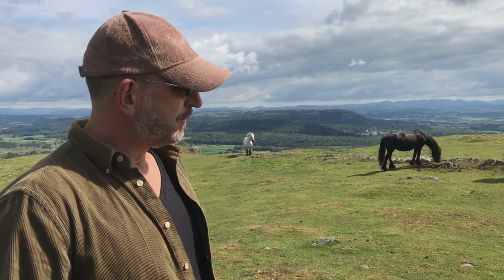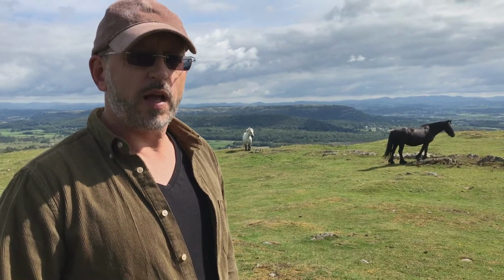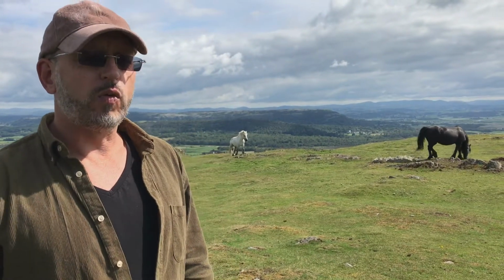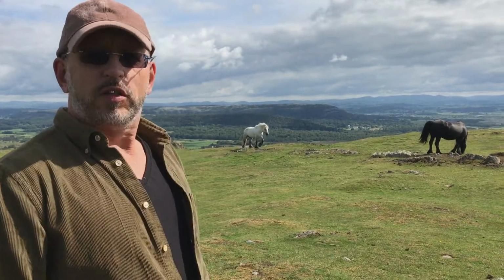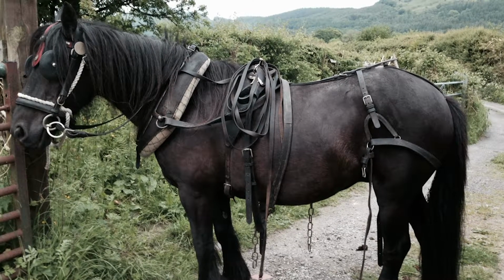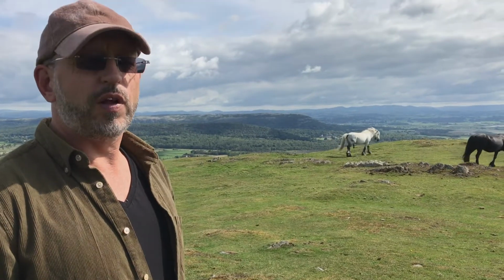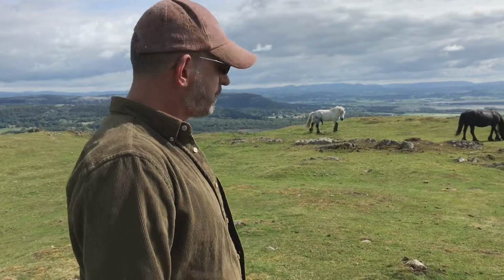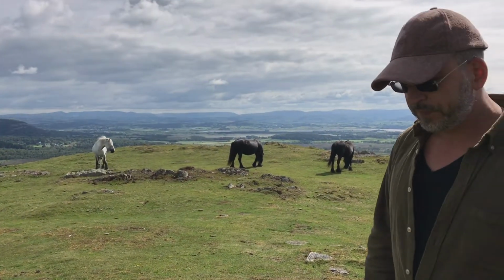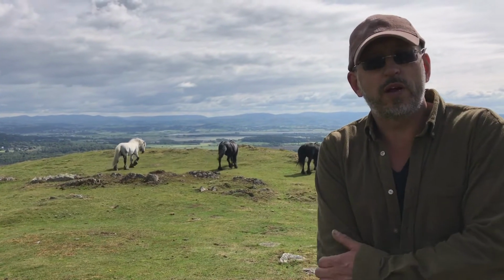And we were at the sale looking for a little driving mare for my dad, who is well into his 80s, and we wanted a really quiet mare. He still wanted to drive, and none of the mares we had at the time were that quiet. And into the ring came this little mare, Irwin's Ruby, and I've known Dennis Irwin for a long time, and he breeds some very good ponies. Irwin's, they're very distantly related to all of our ponies, and so anyway, we came home with a little mare, and as it happened, she was still a little bit much for my dad, so we turned her out with the stallion,